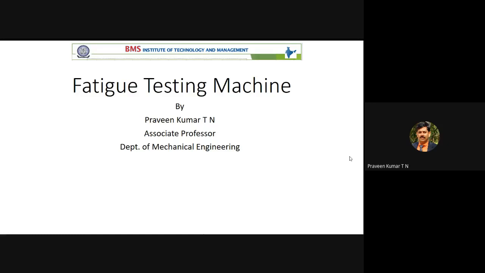You should feel what fatigue stress is in the material, or what fatigue stress is in your body. When he repeatedly hits with the same bamboo stick, the weight is almost the same, the force is also the same. But in such cases, that particular member may be subject to fatigue loading. And for static loading, it may take around 20 kg of load. But when you come to fatigue loading, it will not take 20 kg of load. It may end up taking a maximum of only 5 kg. The strength of the material when it is subject to static loading may be 50 megapascal. The strength of the material when it is subject to dynamic loading is only 25 megapascal.